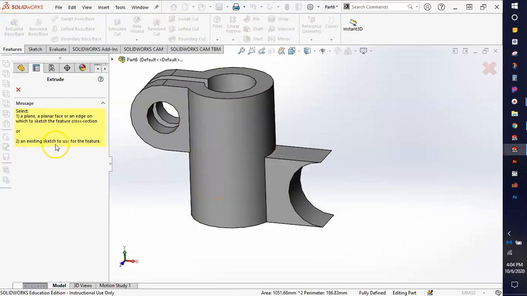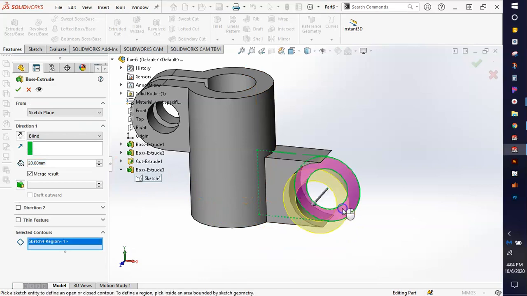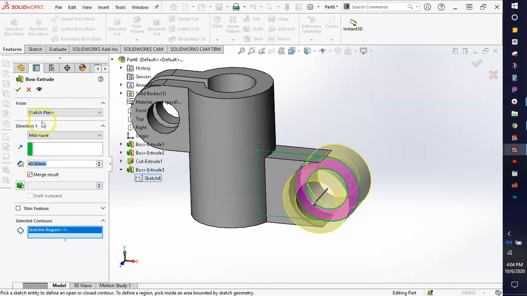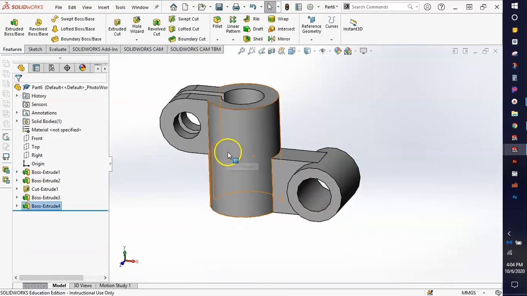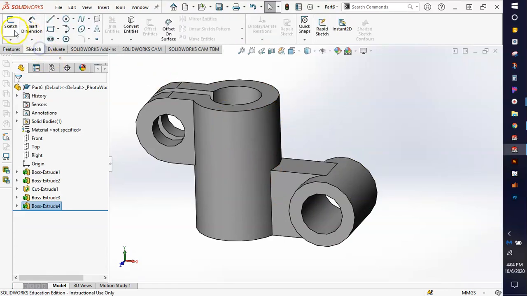Hit extrude again. It's going to ask us for an existing sketch, so we'll hit the drop down, and click on your sketch. This time we'll do that little donut. Again, change it to mid-plane, and this time it is 40 across. So we have everything other than that triangle piece. So for that triangle piece, we're going to be sketching up on top,